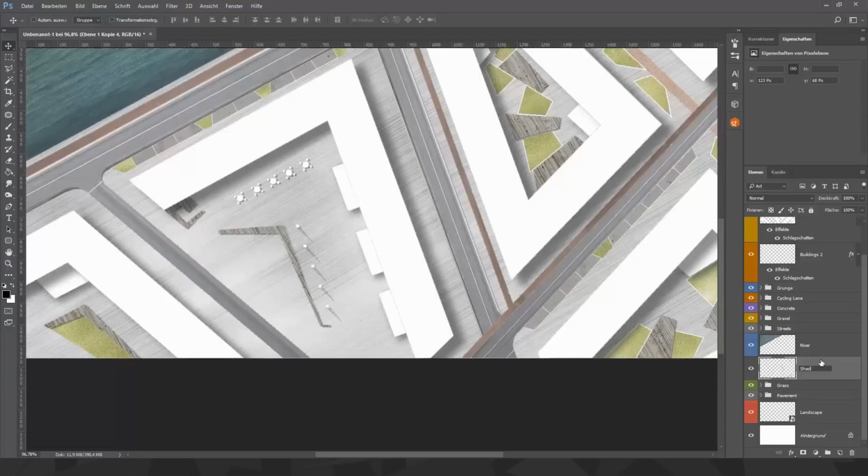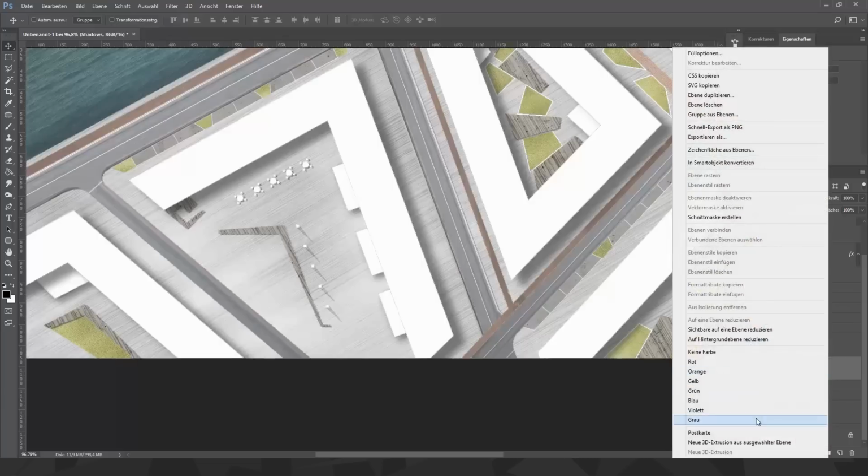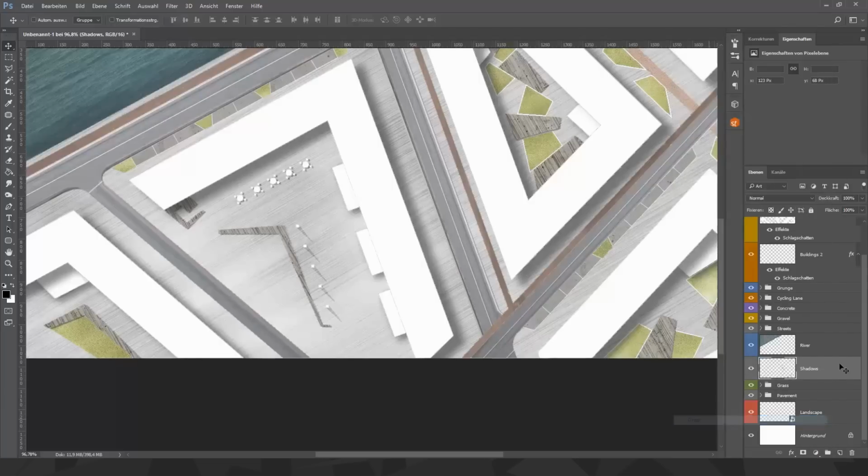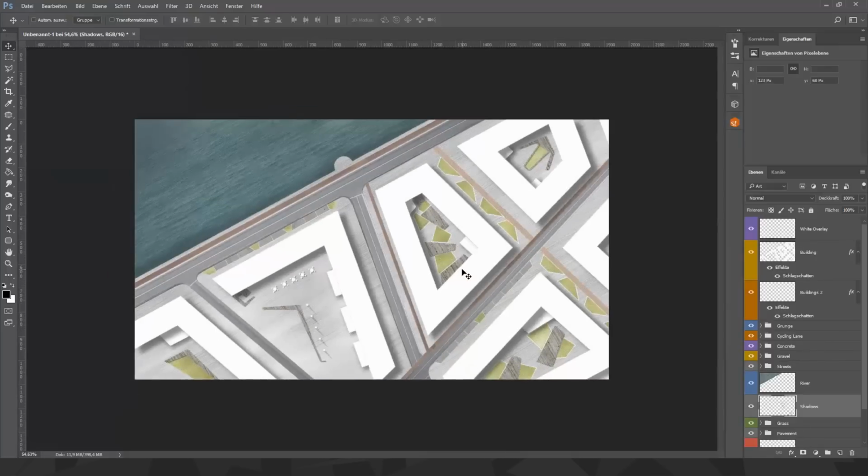Shadows. I always spell it wrong or write it wrong. Shadows. That's okay. English is hard. Okay, I have my fake shadow everywhere, looks quite okay,